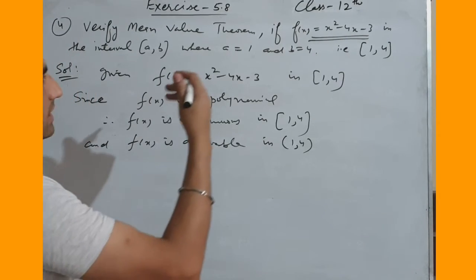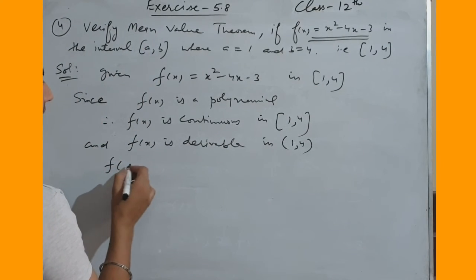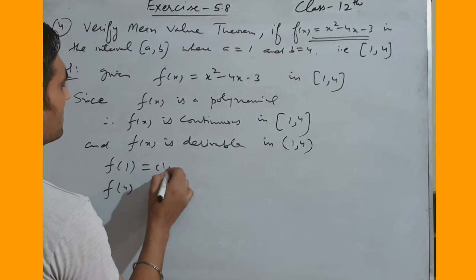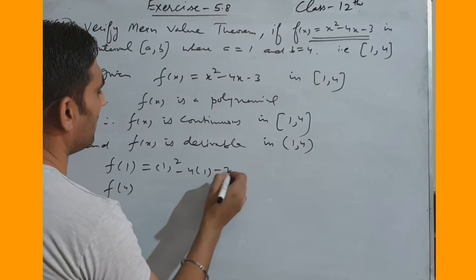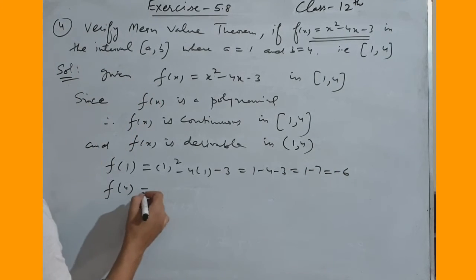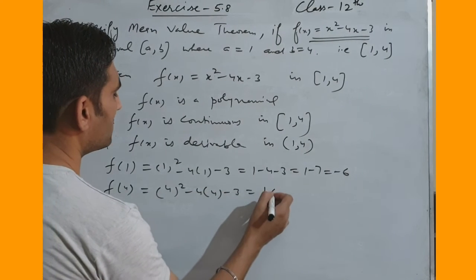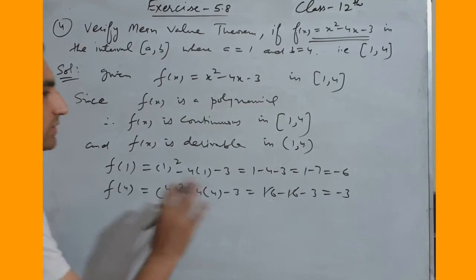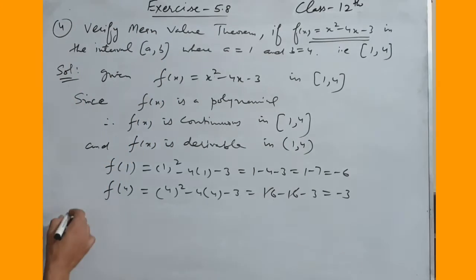And in advance, because it is about the mean value theorem, you can find f(a) and f(b), meaning f at 1 and f at 4. You can find these values. 1 squared, when you put 1 in place of x, minus 4 into 1 minus 3 will give 1 minus 4 minus 3, or 1 minus 7, or minus 6. And f at 4: 4 squared minus 4 into 4 minus 3, 16 minus 16 minus 3, or you have the answer minus 3. But no need to check they are equal. You don't have any condition like this in the mean value theorem. You have to write only: therefore there exists